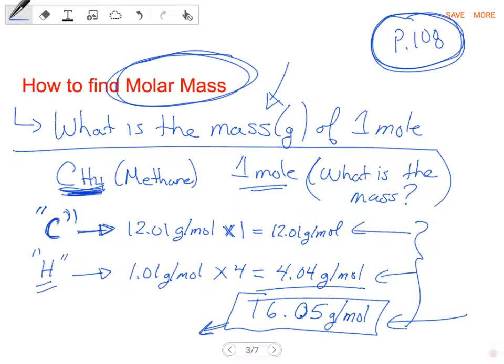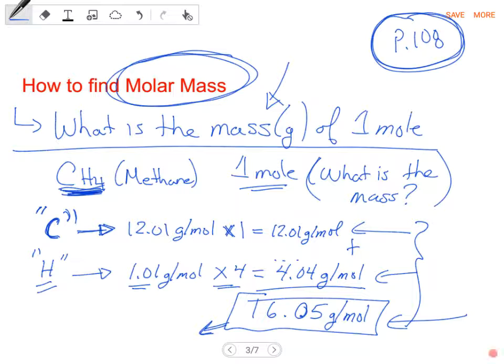Let's now look at hydrogen. The atomic molar mass of hydrogen is 1.01 grams per mole. How many of those do we have? Well, we have 4 of them. So I'm going to go 1.01 times 4 for a grand total of 4.04. To figure out the entire molar mass, we must add these two together,